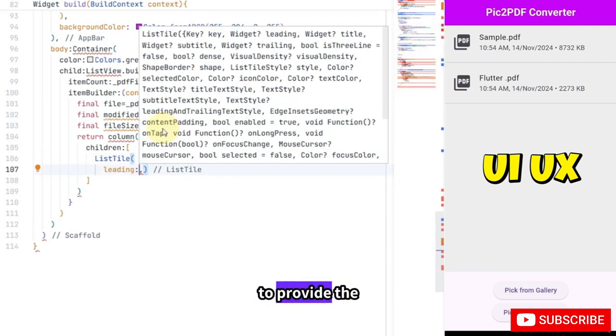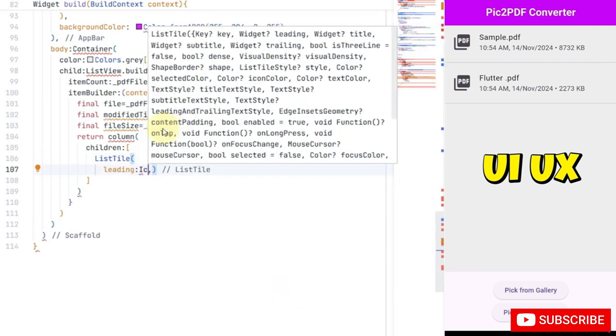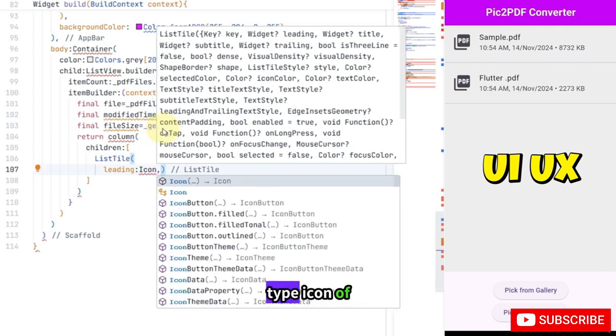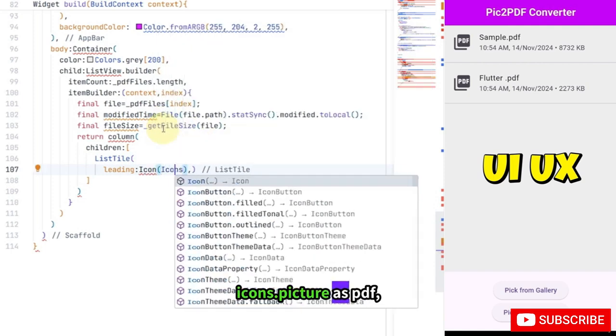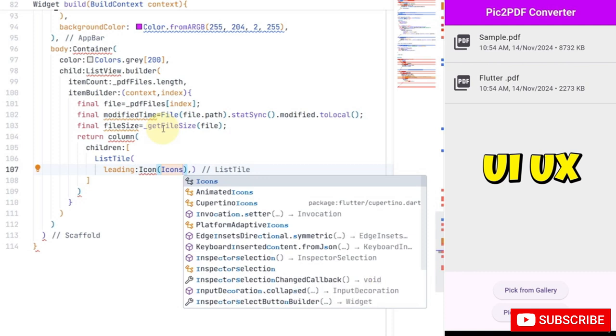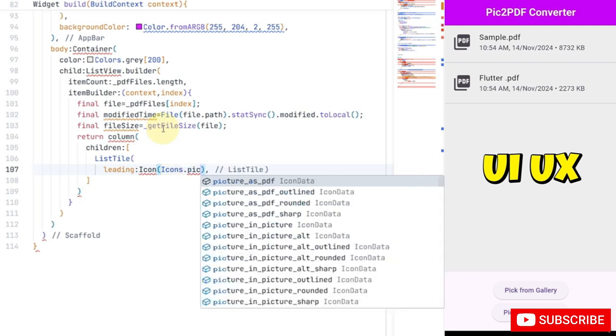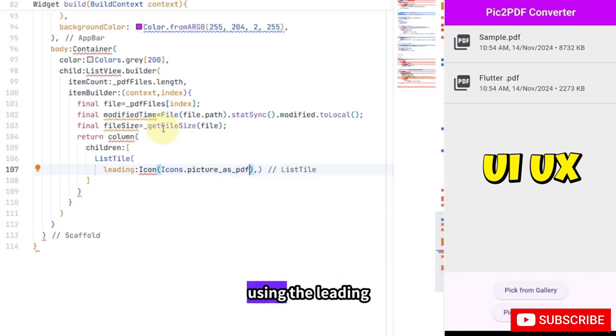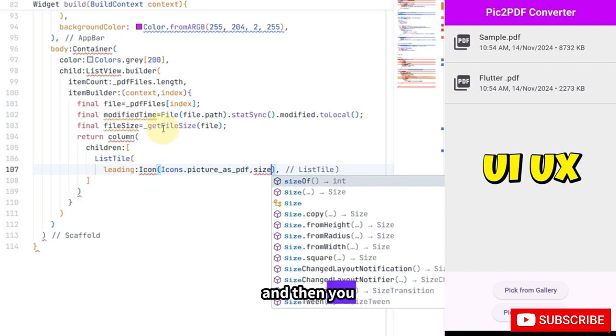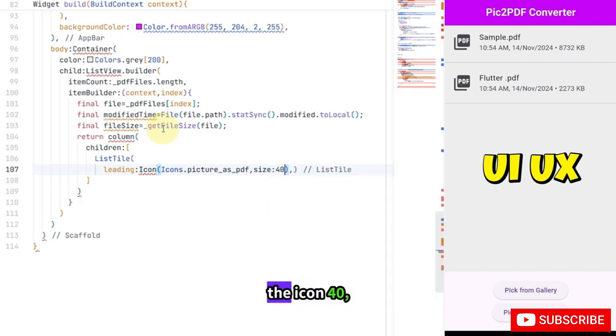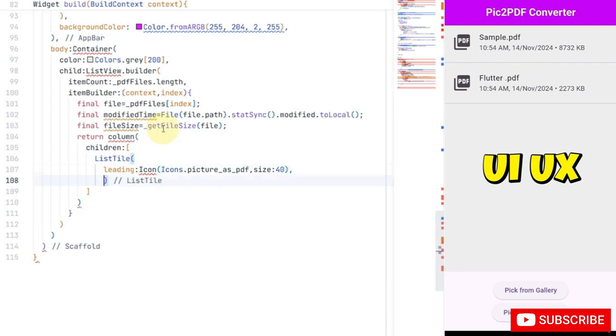We are going to provide the icon for the PDF. For that only you have to type icon of icons dot picture as PDF. So you can see the UI UX design, there is an icon for the PDF. So that's why we have to create the icons using the leading. And then you have to type the size for the icon 40, comma,